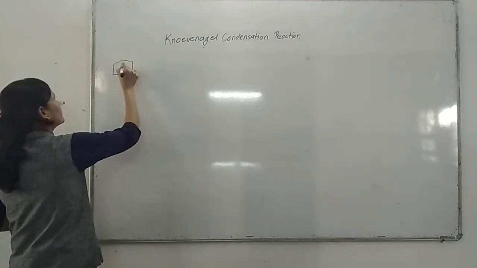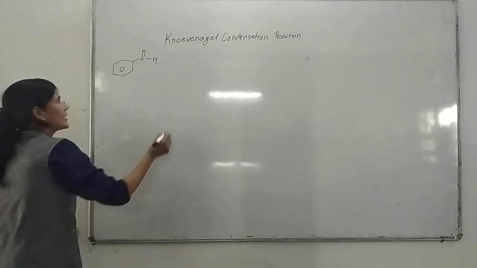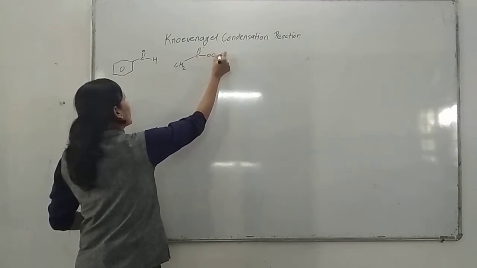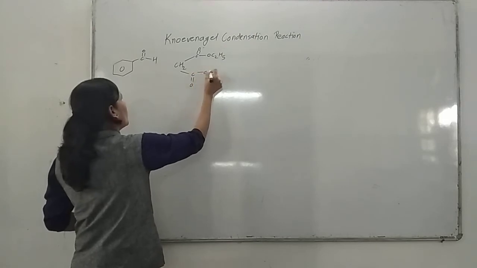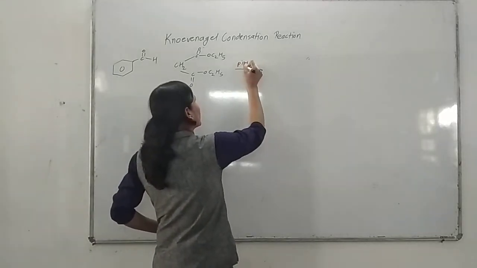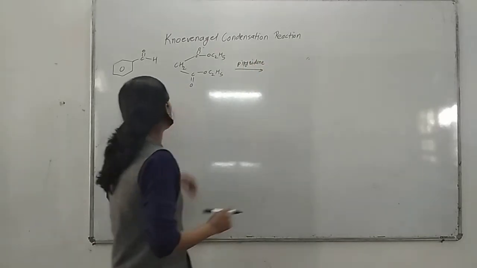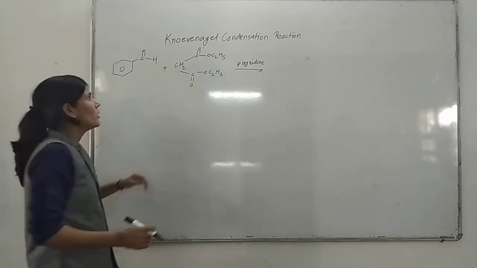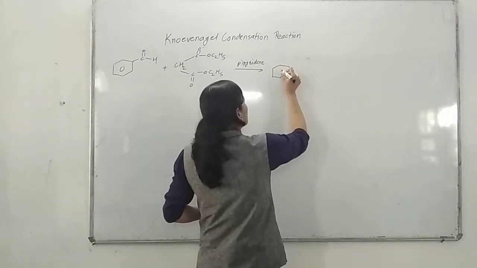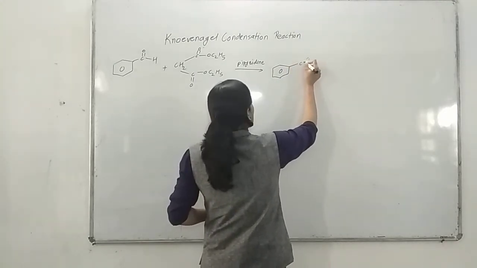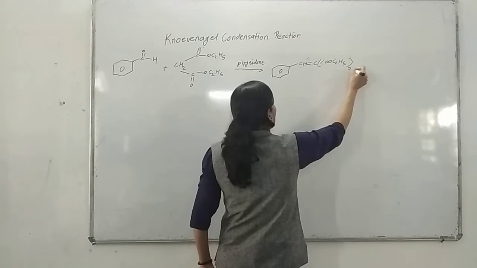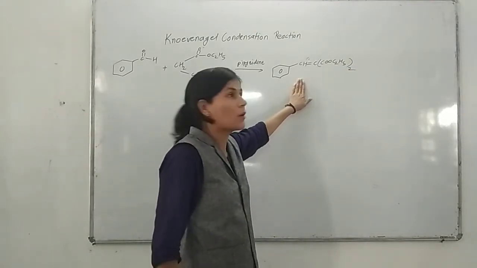When benzaldehyde is treated with malonyl ester, CH2(C double bond O, OC2H5) twice, in the presence of base piperidine, it gives this type of alpha beta unsaturated compound, C6H5CH double bond C(COOC2H5) twice. And this alpha beta unsaturated compound on